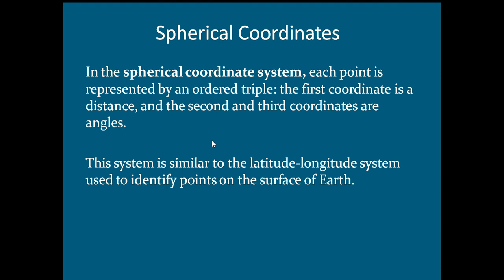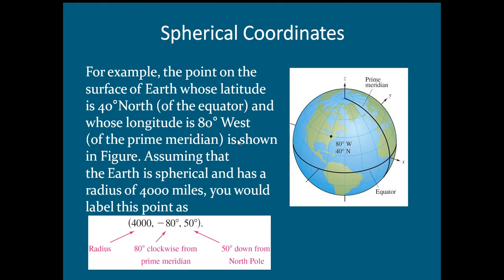This system is quite similar to the latitude and longitude system which we use to identify points on the surface of the Earth. For example, this is how we actually segment our Earth. This is the equator. So this is X, Y, and this is the Z axis. So now, if we want to see